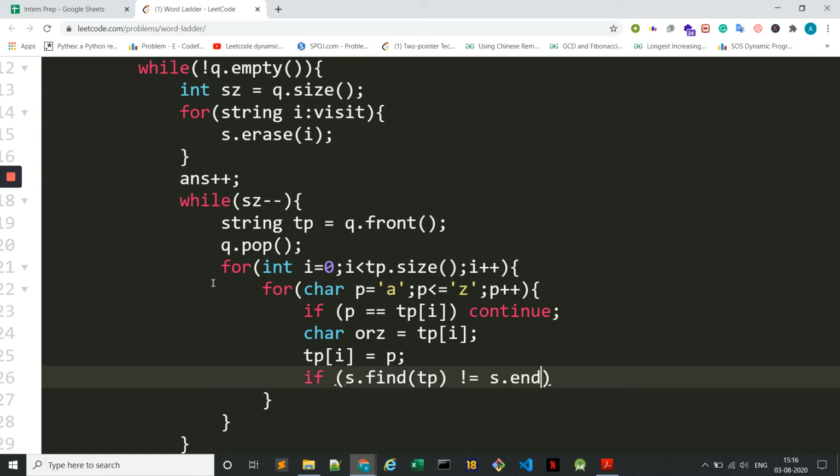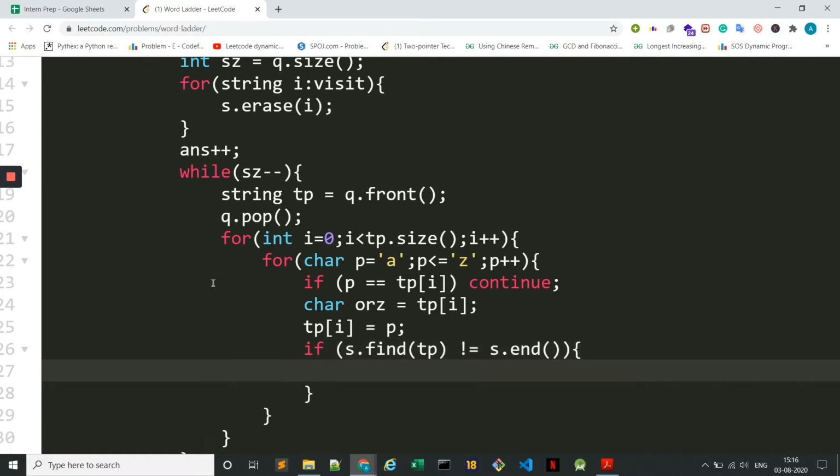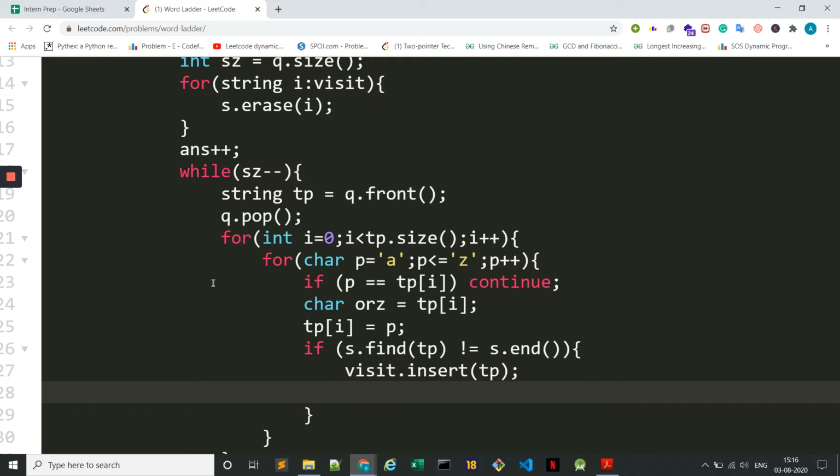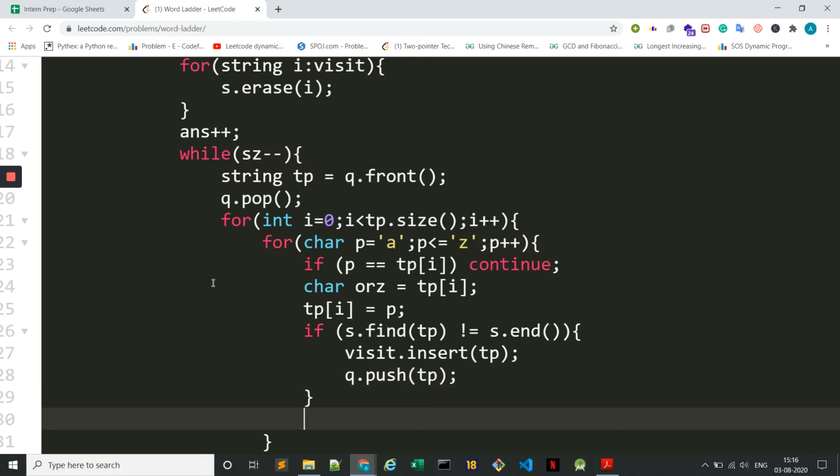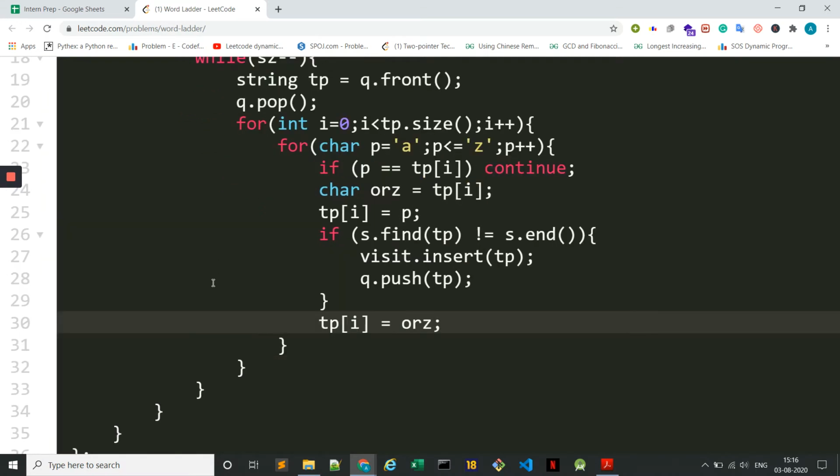If it is present, then we insert it into the visit. This tp is inserted into the visit. Another thing is q.push(tp). The tp is pushed into the queue. I think these are the two operations that we need to do. And next we again undo the changes that we have done on this character, right?